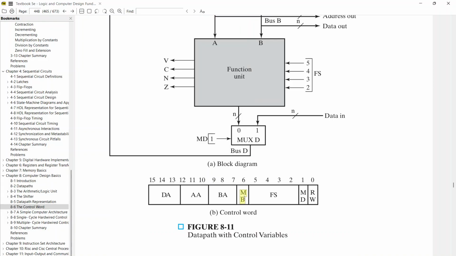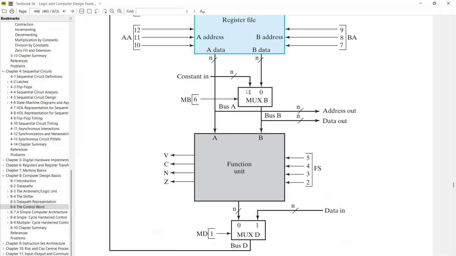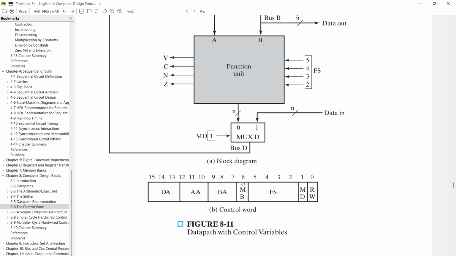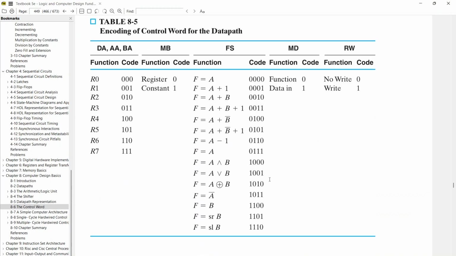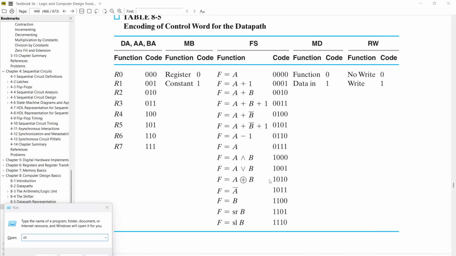And the final one is MB. MB is if you want to do maths with a constant in. For example, if I wanted to do A plus 57, then I would give an A, and I would give in a constant in of 57. And with mux B, I would select 1. So I would select 1 here. So that kind of summarizes